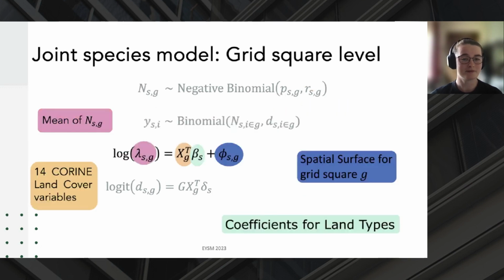Then we model the mean of our populations. We're saying that that's coming from, we do it on the log scale because it has to be positive. And we're saying that comes from the 14 land cover variables with some coefficients. We put a Bayesian lasso prior on the betas because X is